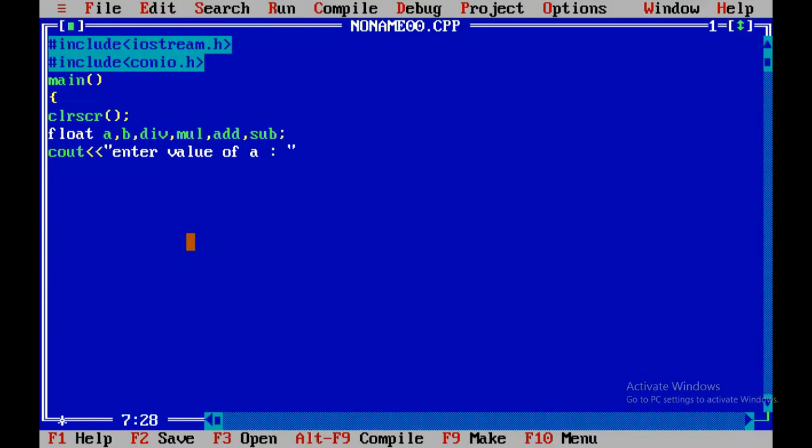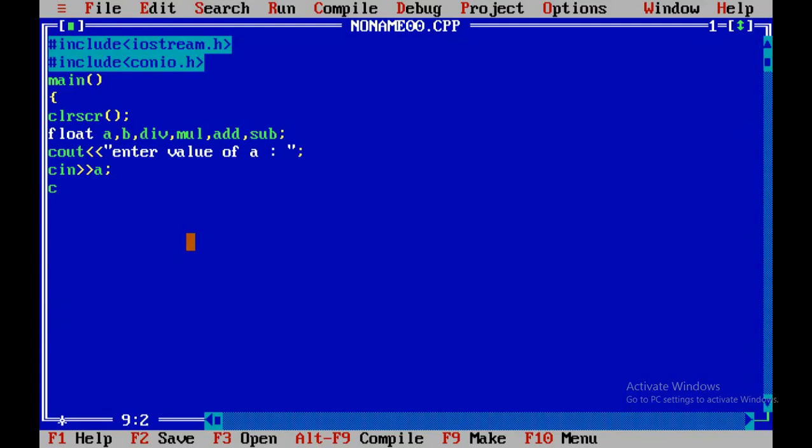That's why I put it in double quotations. Terminator, then let me go to the next line. Once I display enter value of a, I must enter the value of a. For that you must use cin, which takes the value of variable a. Then a terminator.